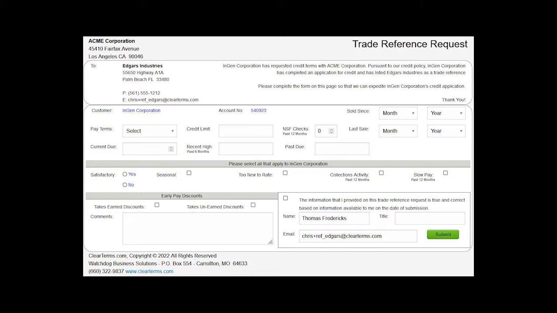The trade reference form asks for key details and performance indicators, including how long your applicant has been doing business with the trade reference, the date of the last sale the trade reference made to your applicant, the payment terms granted to your applicant by the trade reference, the credit limit established by the trade reference for your applicant, current due, past due, and recent high credit, number of NSF checks, if any, in the past 12 months, whether the applicant is a satisfactory customer, if your applicant is a seasonal customer, if your applicant is too new to rate